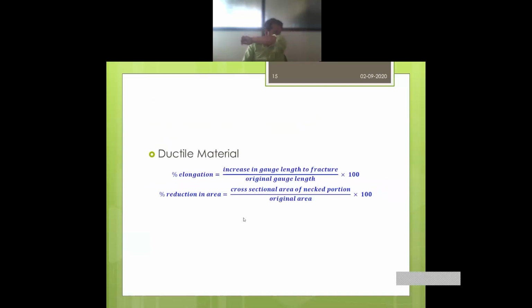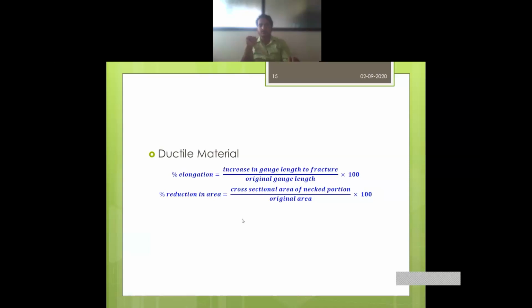Then I had told you that I would explain the ductile material and brittle material later. So now it is time to understand what ductile material is. Ductile material I have already explained. The rubber band example I have given: if the rubber band is stretchable up to this much length, then the ductility of that material is higher. If it is just this much, the ductility is less. If it cannot be stretched, and if I stretch it, it will break, then that material is brittle in nature.